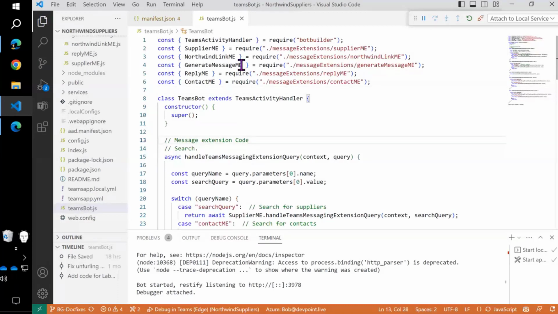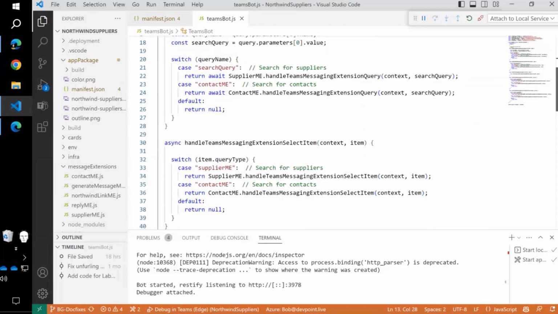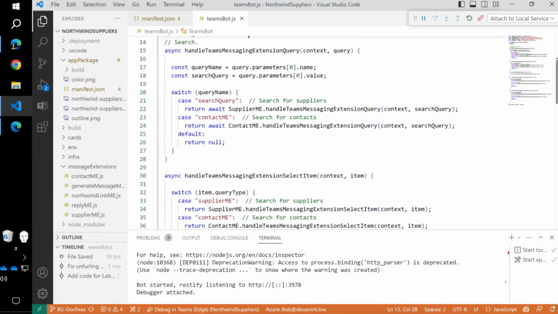And then if I come down here to my Teams bot, what you're going to end up doing is building, notice that up here, every one of these message extensions has its own little JavaScript module. So you're going to add all of those to the main bot project, and then where the hello world that you get from Teams Toolkit has everything all in one piece of code, you're going to add a switch statement for every incoming request.